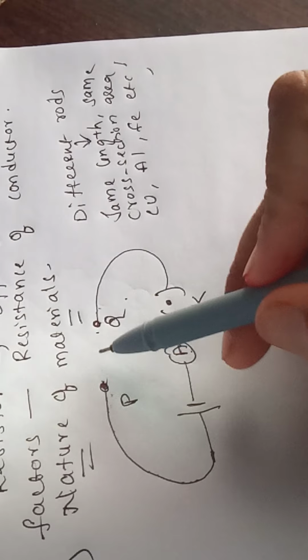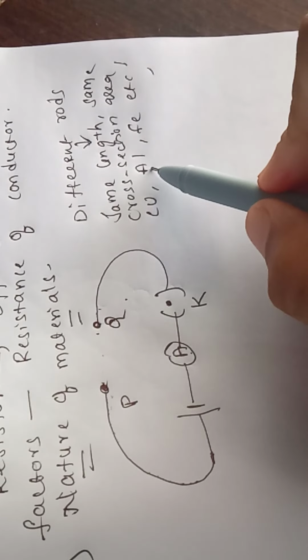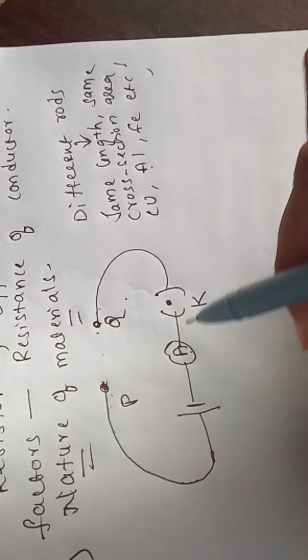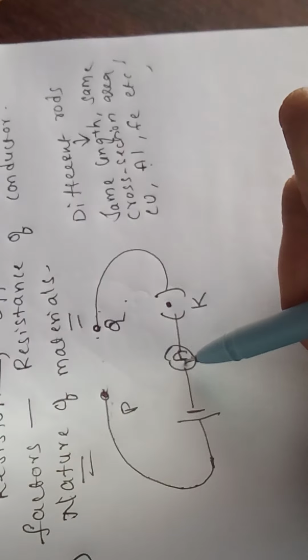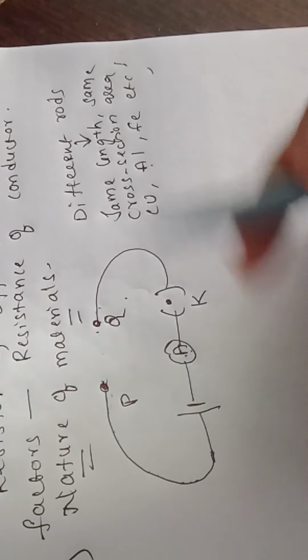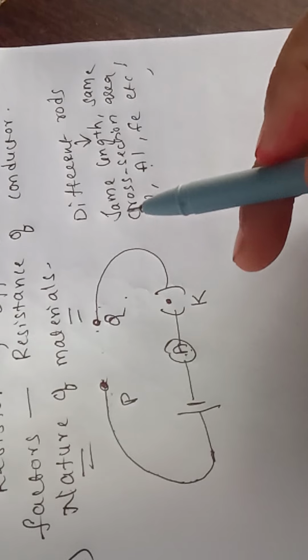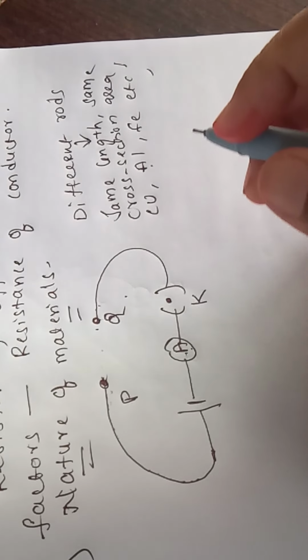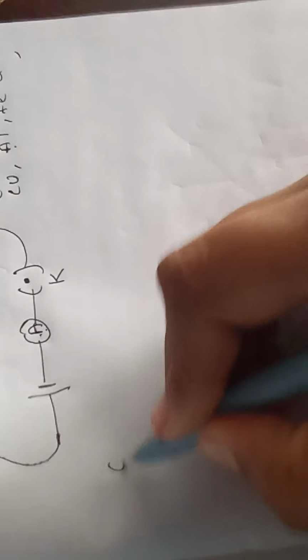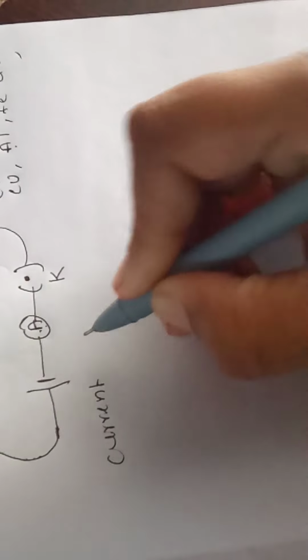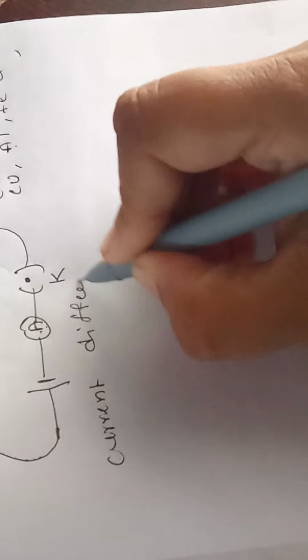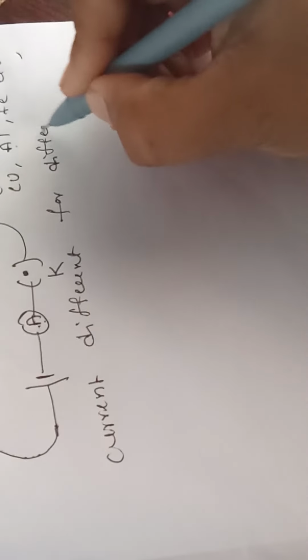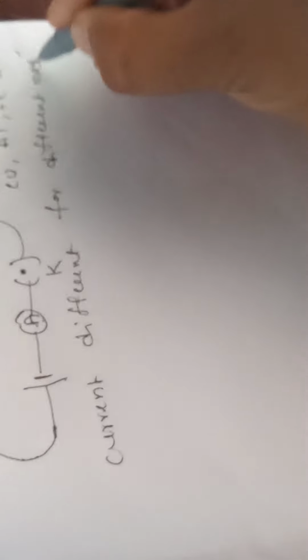Next, disconnect copper, connect aluminium, and measure the electric current value using the ammeter. In such a way repeat the experiment. Now if you see the values, we find that current values are different for different materials,